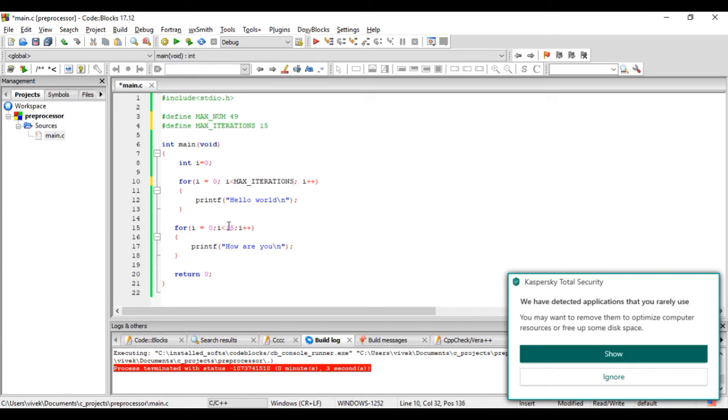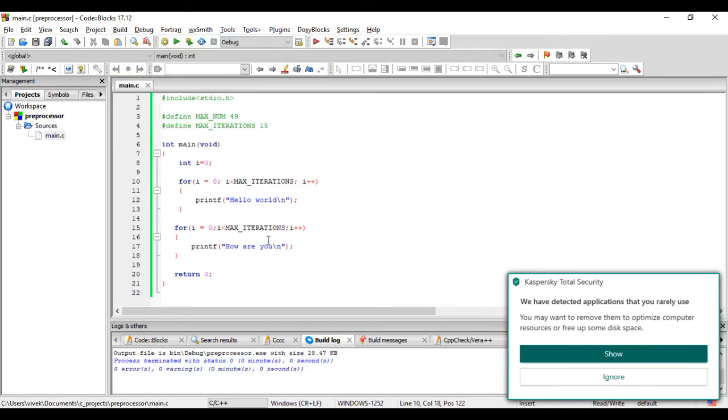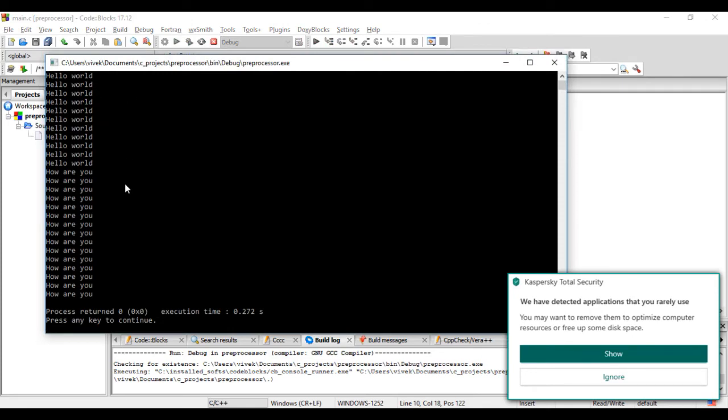One more thing is this number 15 that you see here, and similar numbers are also called magic numbers, because when we go through the program, we don't really know what this number stands for. But now the number 15 is replaced by a name, MAX_ITERATIONS. So as a reviewer or as a developer, if I look into this program, I know that this loop is supposed to run for MAX_ITERATIONS number of times. Now when we build it again, we see no errors and we are getting the same output here.